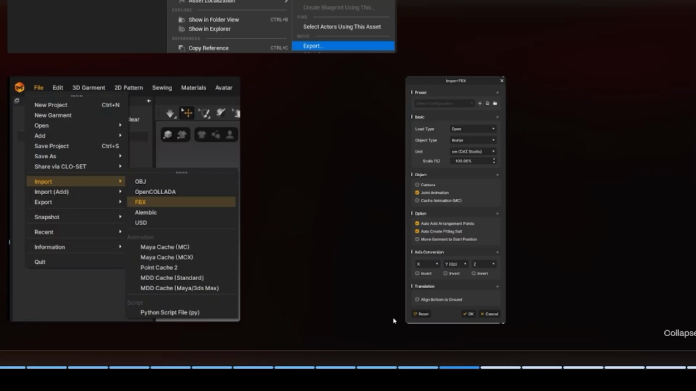Open as avatar. Check Auto create fitting suit. Choose object join animation. Enable automatically add arrangement points. For scale, DAZ plus centimeters, set y-axis up. And finally, uncheck Align Bottom to Ground. Once all that's set, click OK, and Marvelous Designer will import your animated MetaHuman as an avatar, ready to simulate